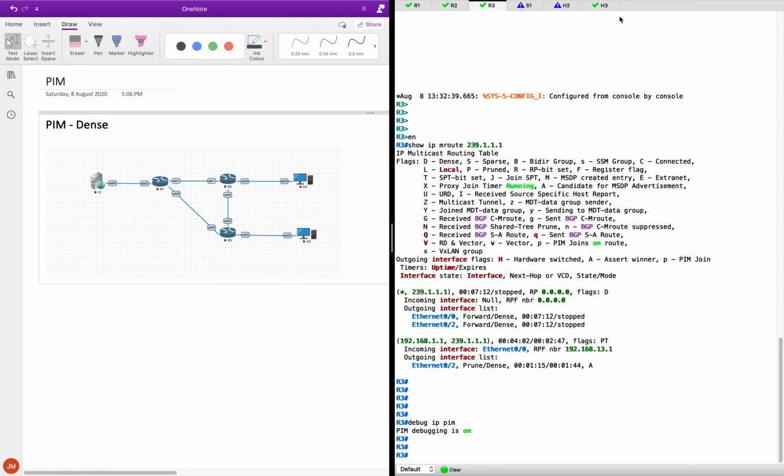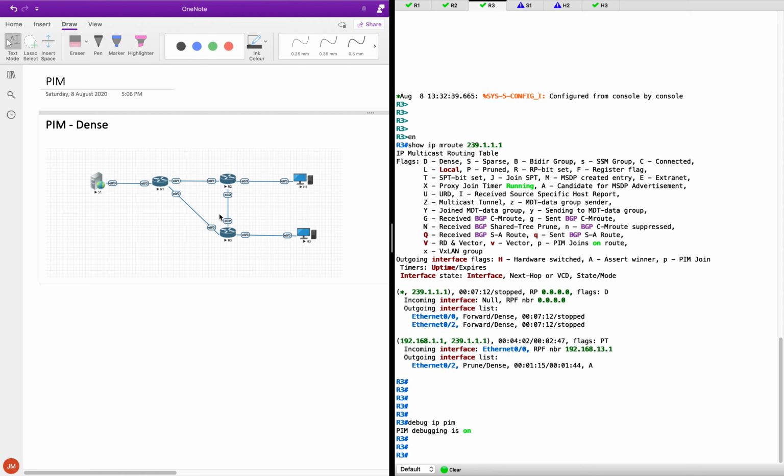So what do you think would be the change in the network in such a scenario, right? Because now H3 will send a join, R3 will need to communicate this to the upstream routers, telling them that hey, it also needs the multicast stream, right? So it is obviously going to pick the path. In this case, it'll have to unprune, right? It had pruned earlier along these two paths, but now it's going to unprune,